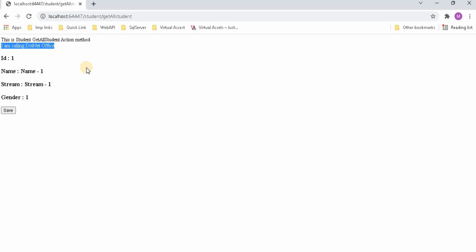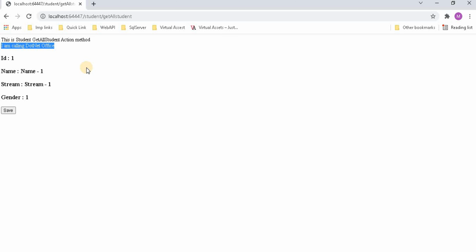Now this part we have to use in the view, similar to this one. Now let's run this application. After ViewBag, we will see the TempData. Let's navigate to that particular view, and here we can see this is called from the TempData. So this is the way of calling ViewBag, TempData and ViewData.